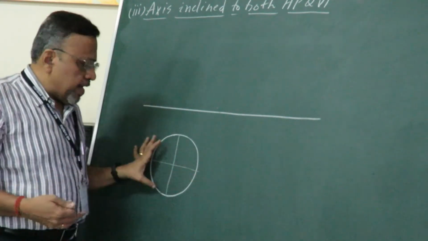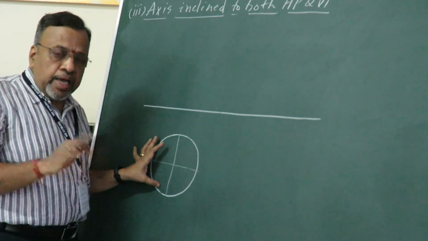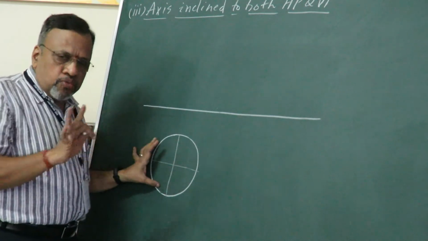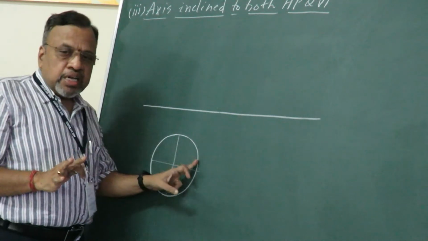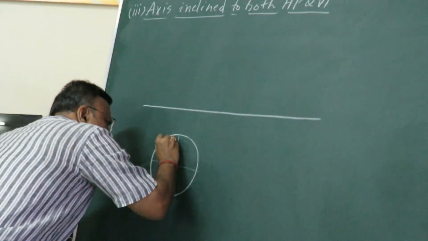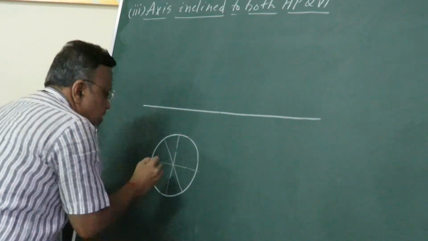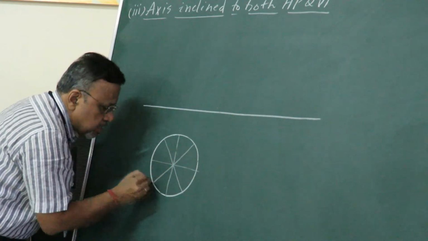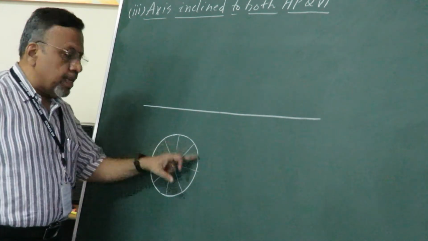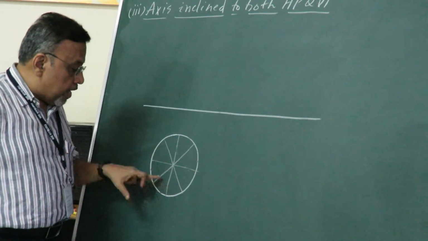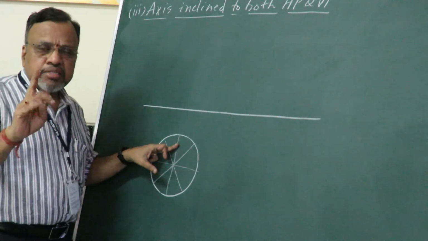But anyway, for clarity here, I am just going to take only 8 parts. But when you are doing this manually, I want all of you to divide this base circle into 12 parts. Okay. And again, as I told you, these are all the generators which I am considering. These radial lines are generators, and these generators, as I said, I am considering any number of them. Since that is the case, I need to draw these radial lines as light as possible.